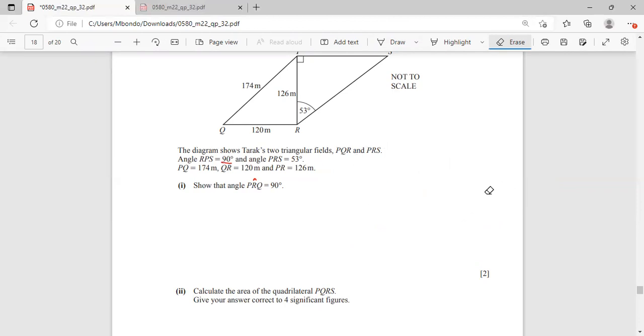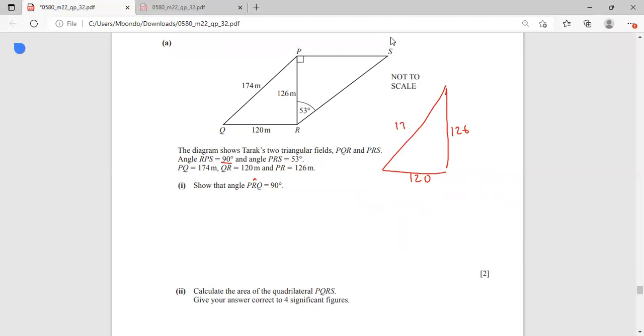For me, I'm thinking the other method could be, if they are saying we have this triangle, for instance, where this is 120, then this is 126, and then this one is 17. If this is what they have, and they are saying this angle here is 90 degrees, then this concept must also hold, isn't it? You know our concept. This concept should be, because we know that if we say 120 squared plus,